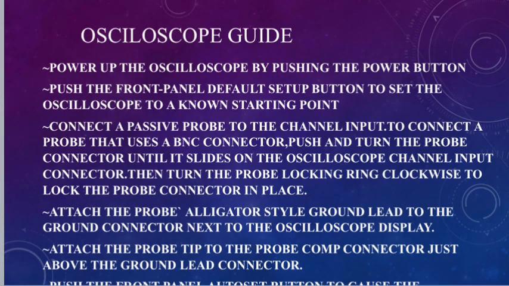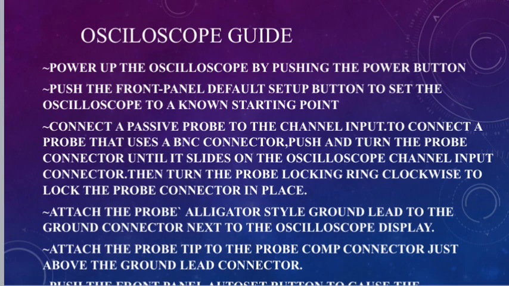Next, oscilloscope guide. First, power up the oscilloscope by pushing the power button and then pushing the front panel default setup button to set the oscilloscope to a known starting point. Next, connect a passive probe to the channel input. To connect a probe that uses a BNC connector, push and turn the probe connection until it slides on the oscilloscope channel input connector. Then turn the probe locking ring clockwise to lock the probe